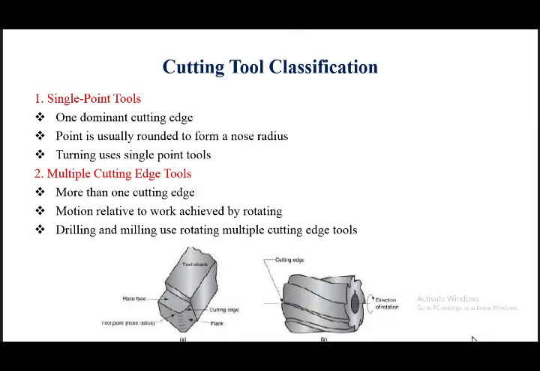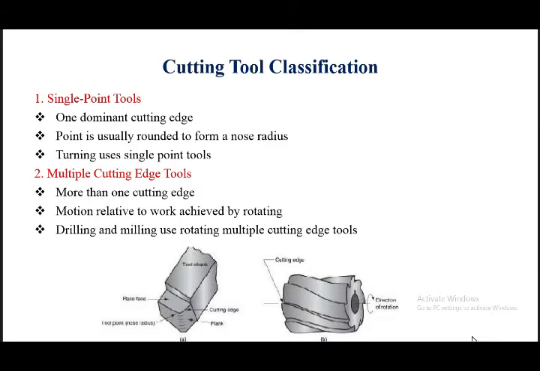Cutting tools are also classified according to the motions: linear motion, rotary motion, and linear and rotary motion. Linear motion tools are used in boring, broaching, planing and shaping. Rotary motion tools are milling cutters and grinding wheels. Linear and rotary motion, both together, are used in drilling, honing and boring tools.